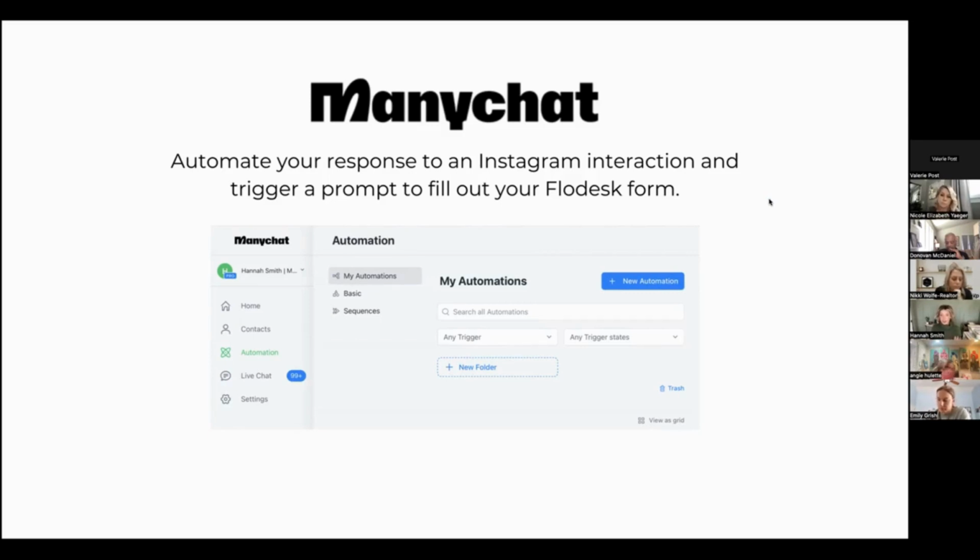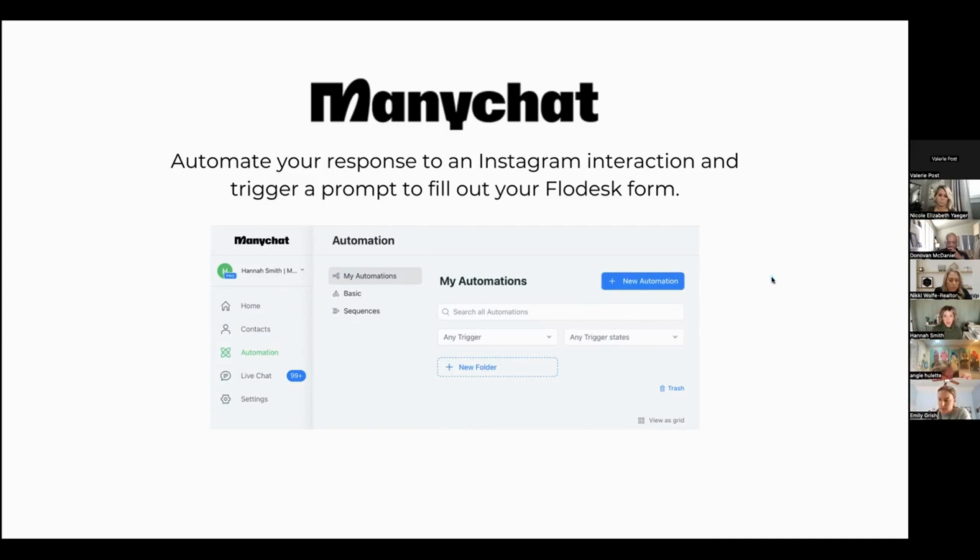So ManyChats is super, super easy to use. There's lots of functions on it, so that might be the only overwhelming part for people that just get going on ManyChats, but all you should be using it for, for this purpose, is the automations, right? It's just one of the options here at the homepage, automations. This is what's going to trigger all of these automated Flowdesk forms and all of these things. So I just hit the new automation button right on the website.